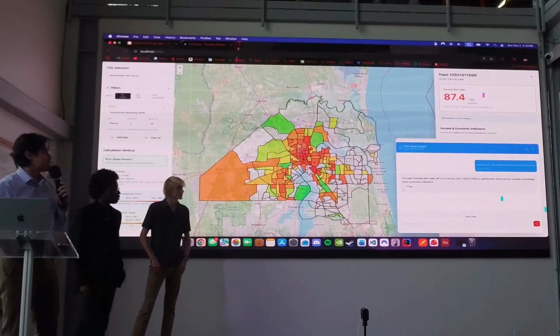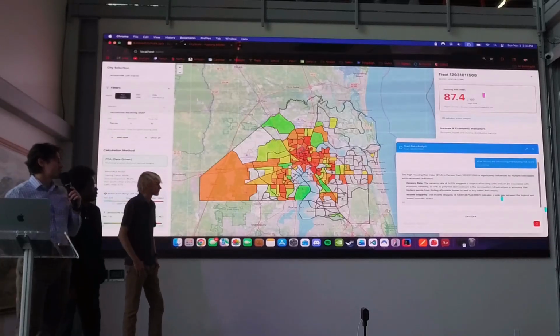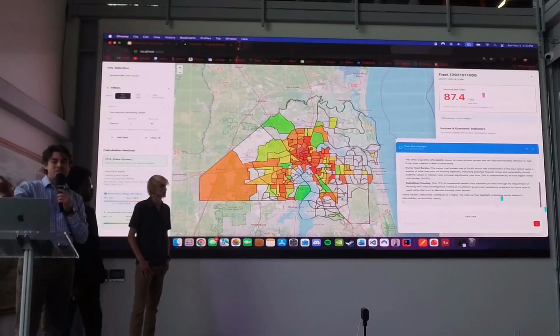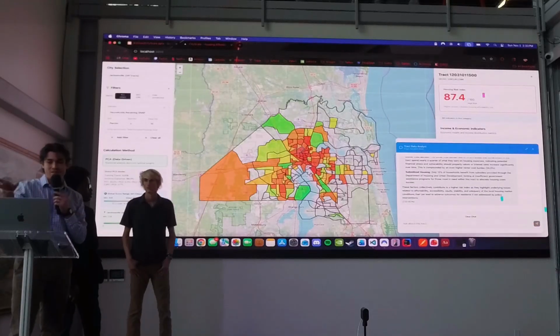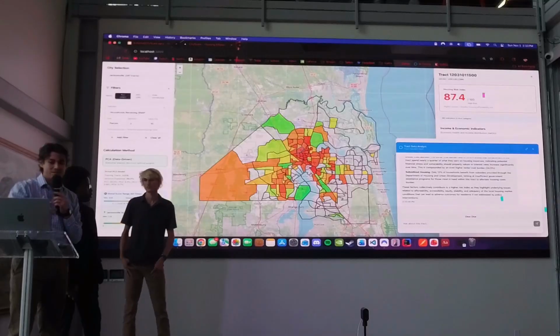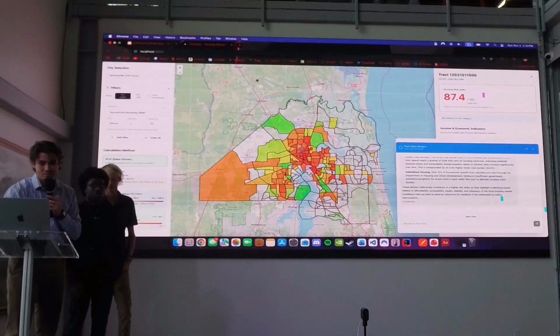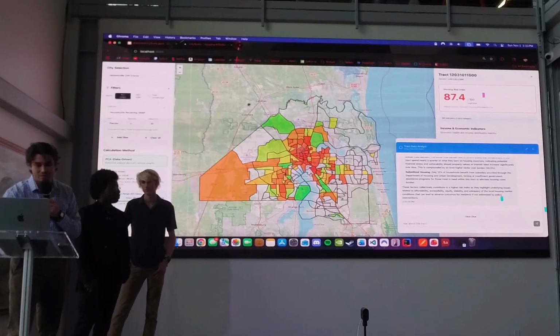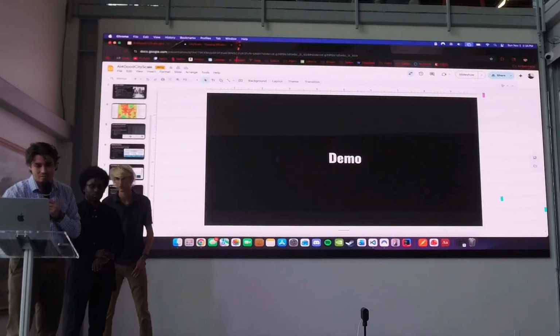So I'm asking it, what factors are influencing the housing risk score? So we're actually just passing it, it's very naive, but we're passing in essentially what's in the right side of the app, and then it's generating something. But we want to go back to, and so it gives you the ability to see policy decisions and stuff. So we're going to go back to this for our last slide.